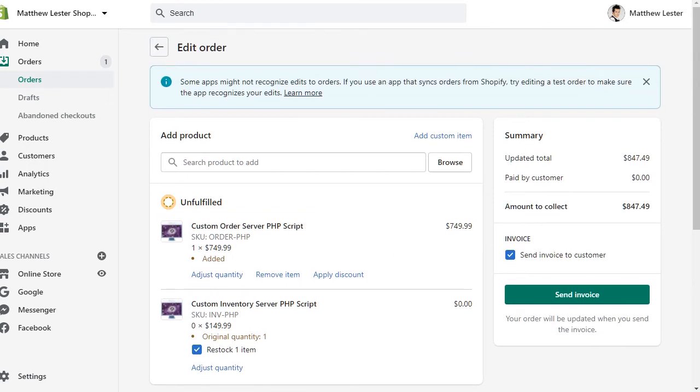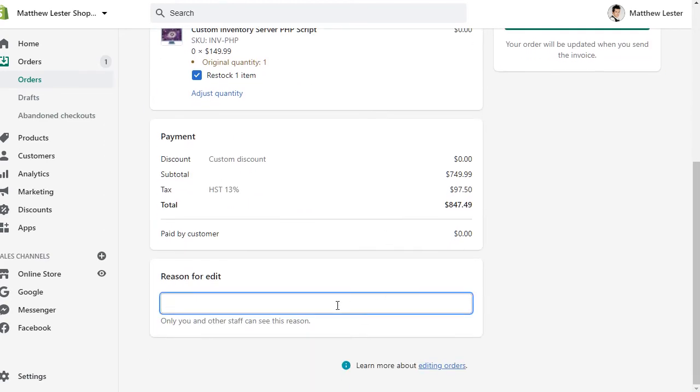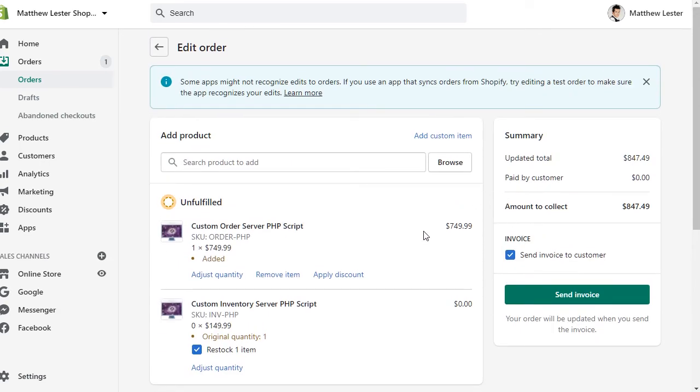And then once I'm finished, I should go down to the bottom and type in the reason for the edit. Now, this is only for you or your staff to see. The customer doesn't see this text. Changed order by customer. Okay. And then once I've changed the order